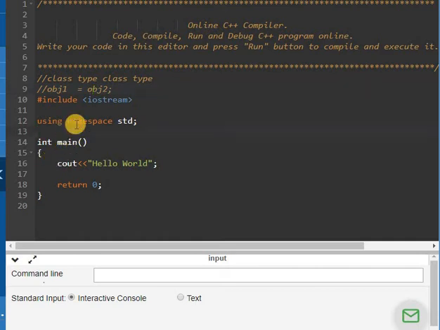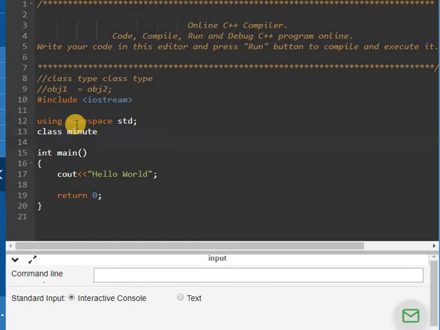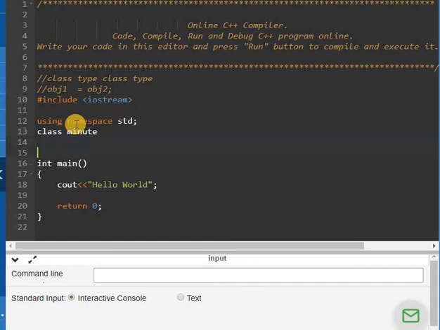How will we do that? Create a class. We will consider the same example of time. Here we are going to convert the time entered in hours and minutes into one value, that is minutes. So we will extract the minutes from a complete time specified in hours and minutes.